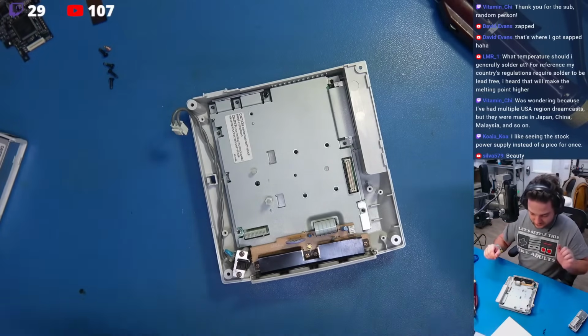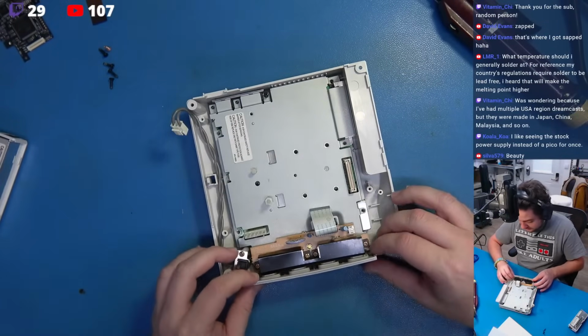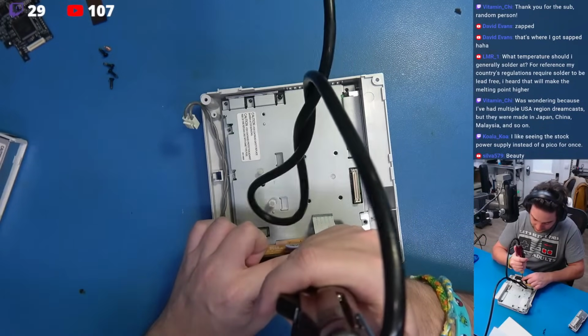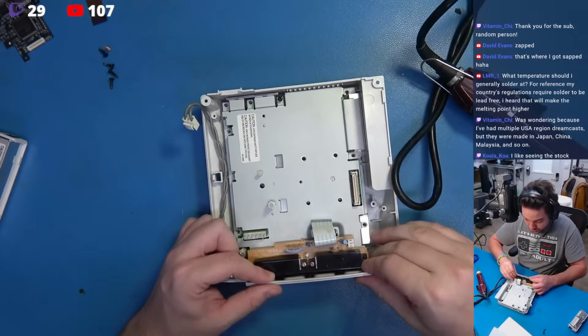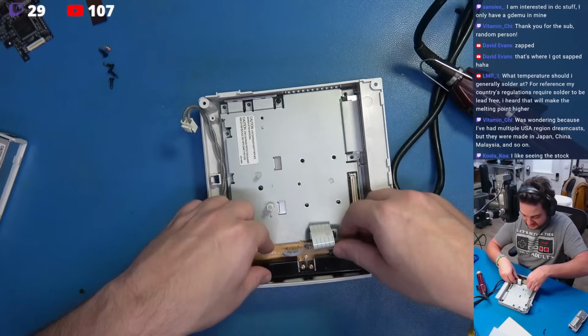Okay. Now let's go ahead and pop that. Now let's go ahead and pop out the, whoops, controller and battery module unit. Always gets so,